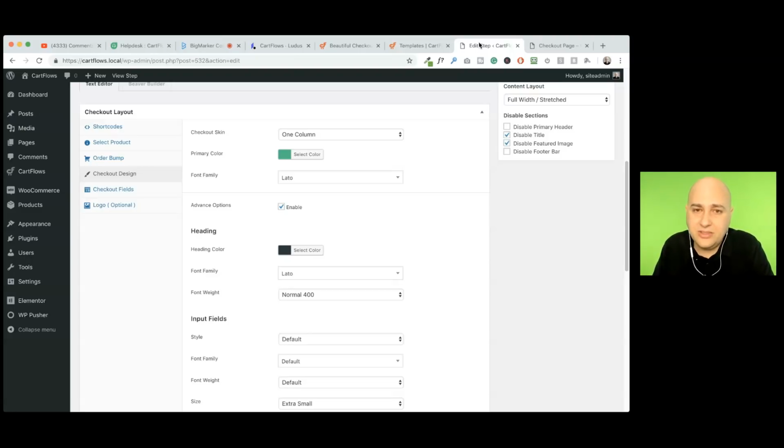It's actually already built. So you've got your colors here, your fonts, you have that design control, headings. See right here, it says input fields style. The default is when the field name is above the field, and style 1 is where the field name is actually in the